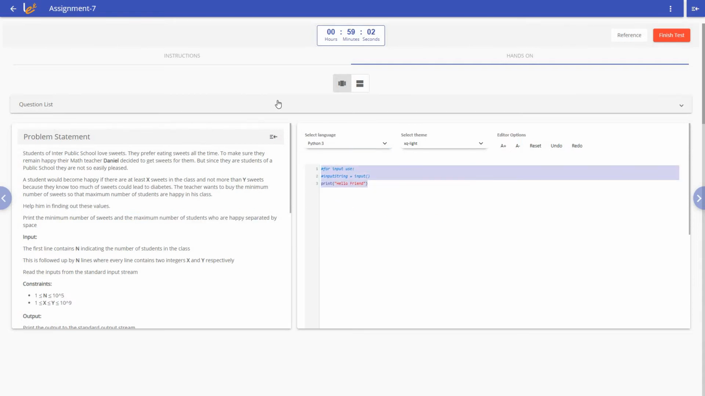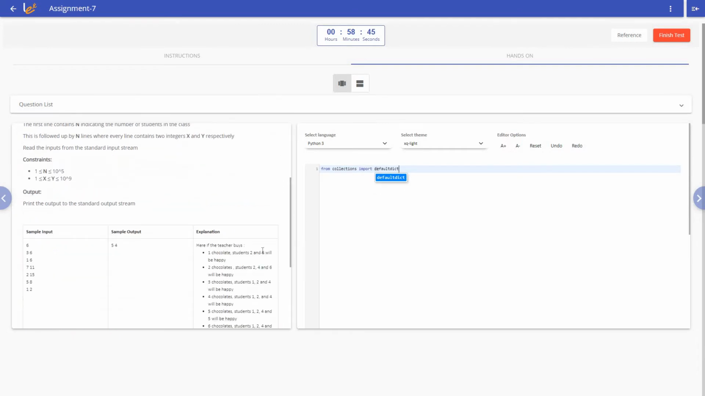So let us change our language to Python, and the first thing that we need to use is defaultdict. So in this problem, if you are going to apply a brute force approach, we are going to get a time complexity error. So basically, the basic idea would be